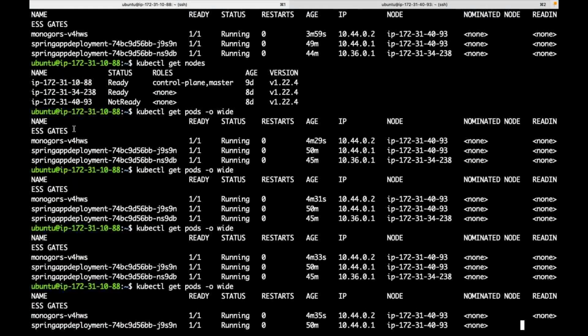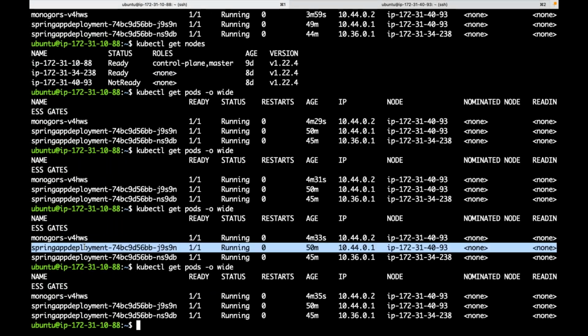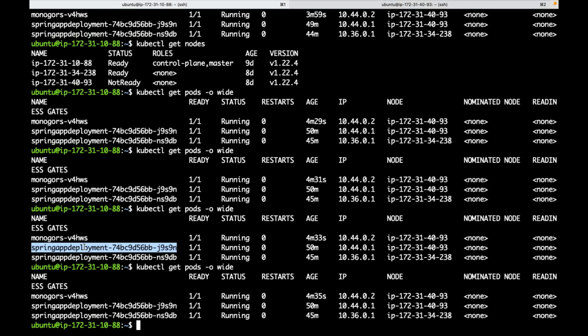Now you understand the problem. If you just have one replica, forget about whether it's a database or an application. If I have only one replica, and that replica is running in a node that is not healthy, do you have a downtime for 5 minutes? For my bad luck, I have only one replica, and that replica is running exactly on that node which is impacted. Do we have a downtime for 5 minutes?